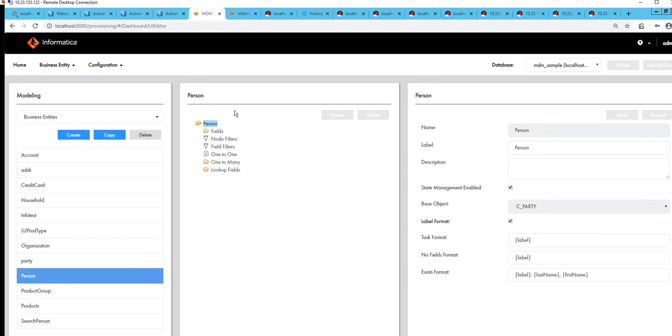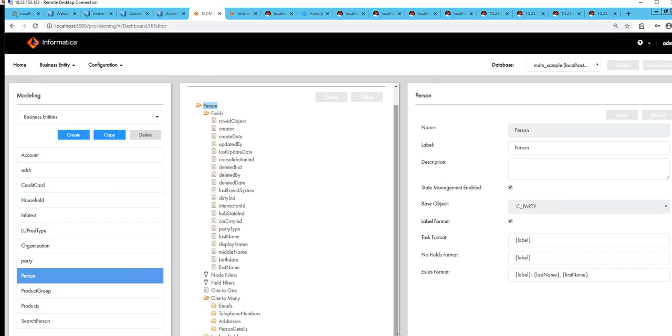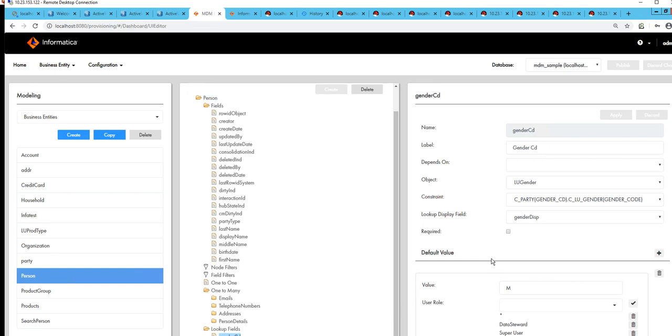Let's check one of the business entities, for example, person. This is my person entity. It is based on my C party base object in the hub, and we have different fields and one-to-many relationships. Also, if you have any reference entity, for example here I'm using a reference entity, that you can also configure. Now at the field level, if you want to see the configuration,